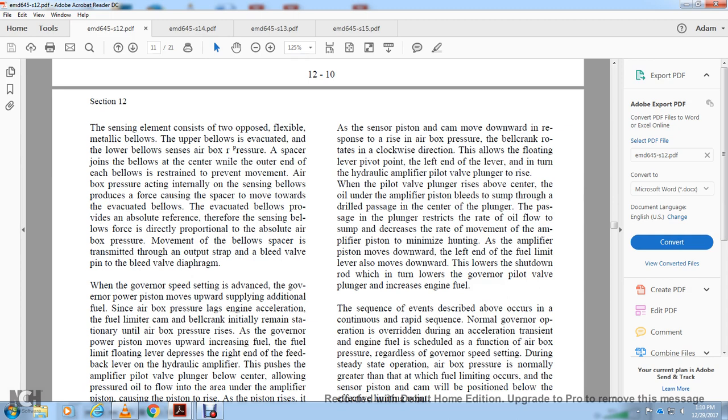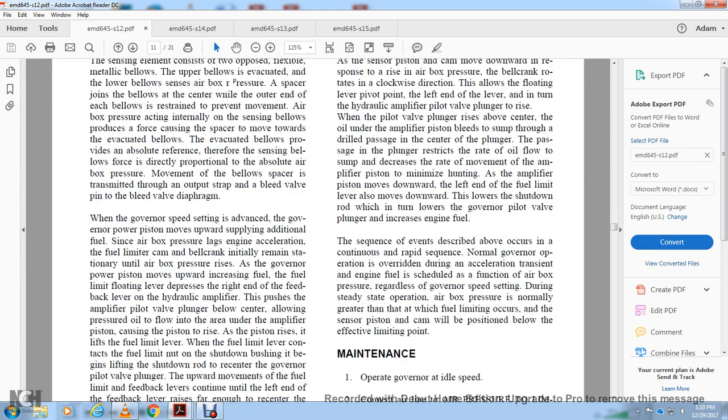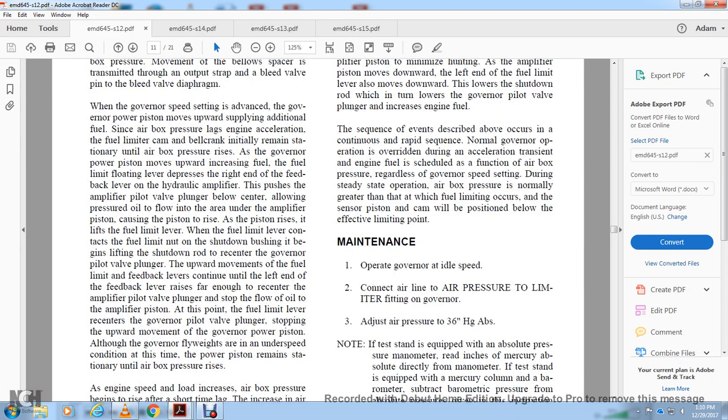Movement of the bellows spacer is transmitted to the outer strap of the bleed valve, with the pin to the bleed valve diaphragm. The governor speed setting of the advantage for the governor power piston moves upward to call for additional fuel, since the airbox pressure lags the engine acceleration. The fuel limiter cam bell crank initially remains stationary until the airbox pressure rises. As the governor power piston moves downward to increase the fuel, the limiting of the flow,